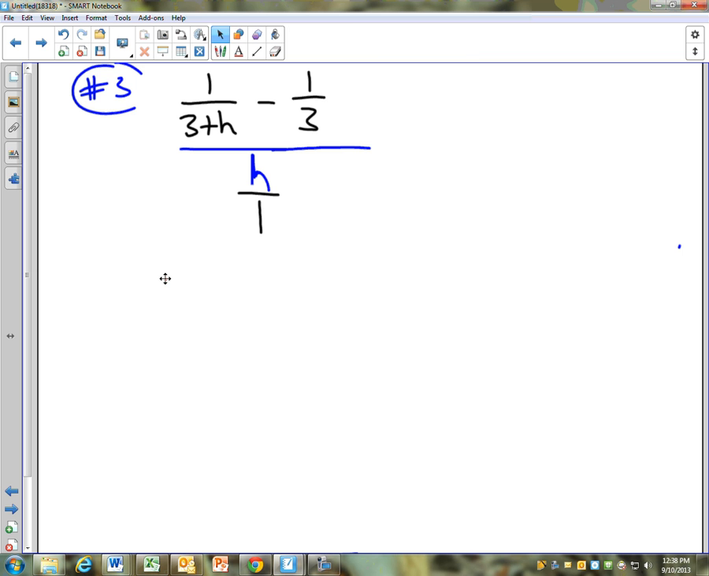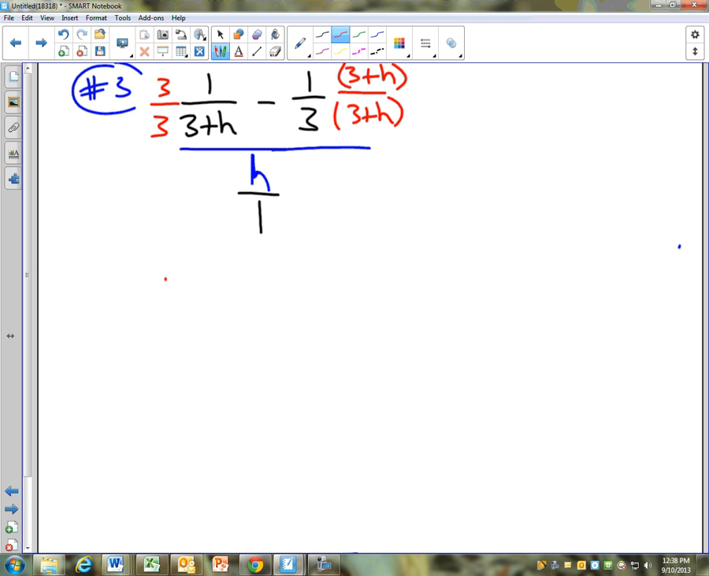Our common denominator is going to be 3 times 3 plus h. So we're going to use that skill that we just learned about adding and subtracting fractions in order to help us with this. Top and bottom here by 3. And that will give us a new resulting fraction. Okay, so what do I have in the top? I've got a 3, and this is like a negative 1, right? So I'll have a minus 3 and a minus h